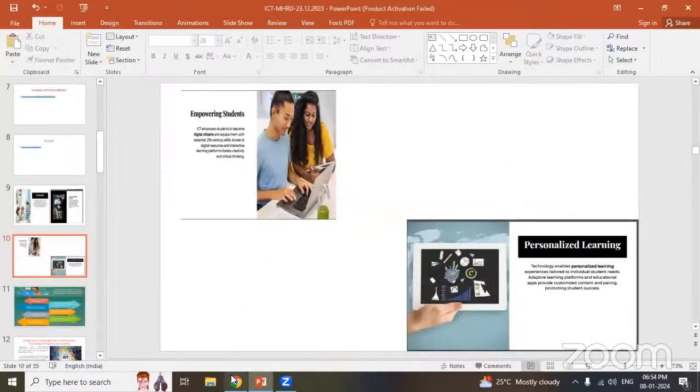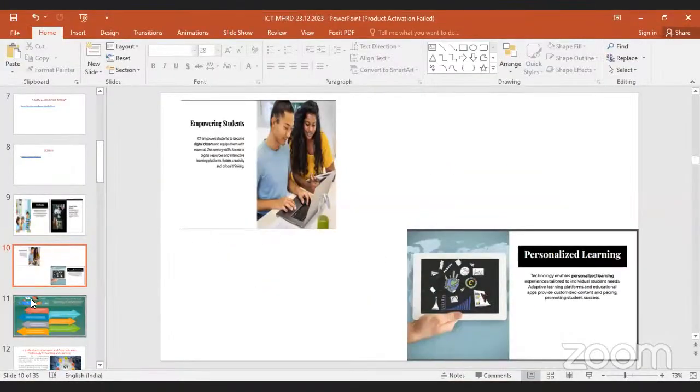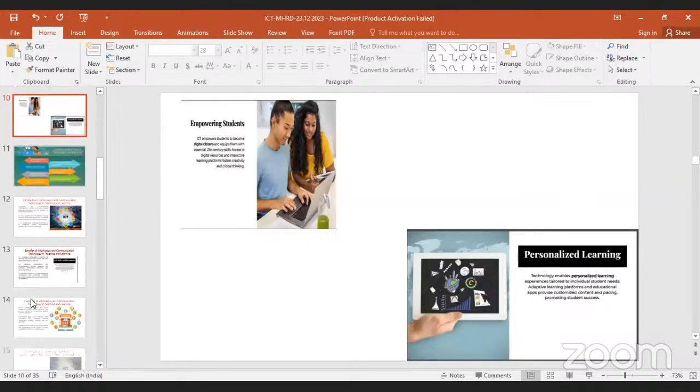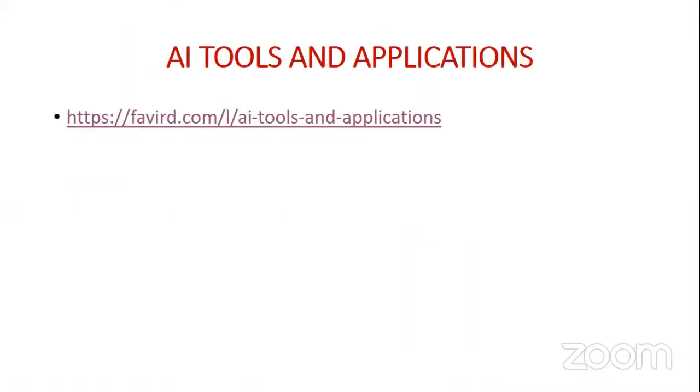So coming back to my presentation. ICT, the technologies we are using, that is what ICT is. So now we are in the world of AI.